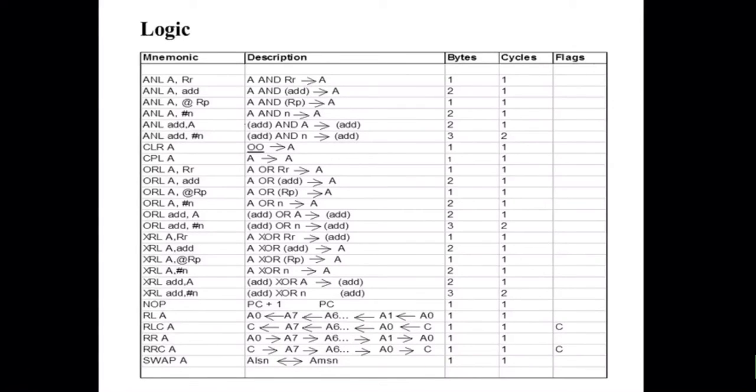And what about the swap instruction? The swap instruction makes the image of your given number. Image means it makes the LSBs the MSBs and the MSBs the LSBs. This is the simple set of logical instructions supported by 8051 to implement logic gates AND, OR, XOR, NOT, left shift, and right shift. These are the possible logical instructions you have to use for programming in assembly language.